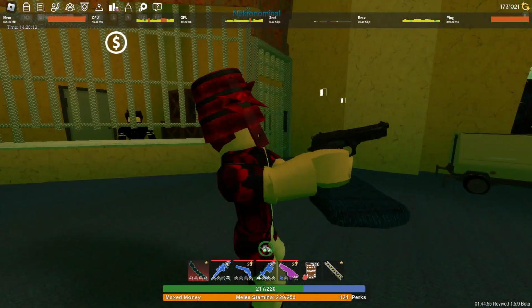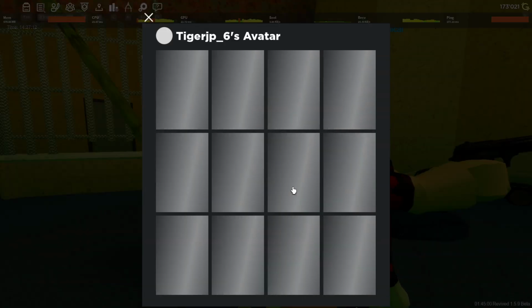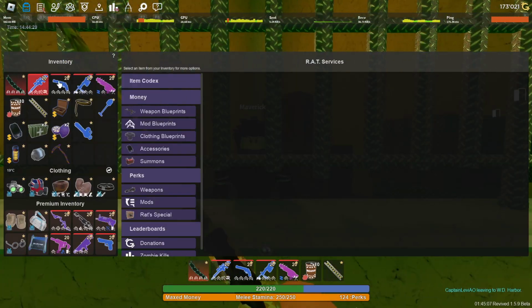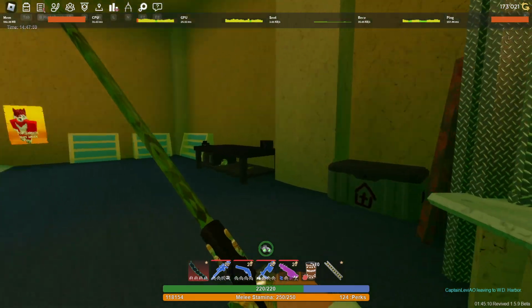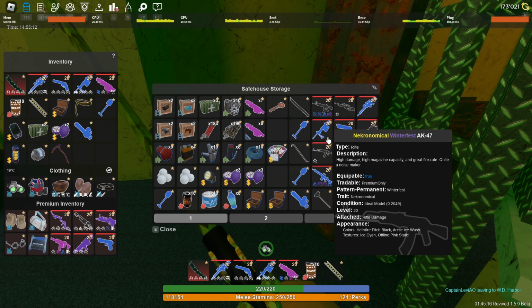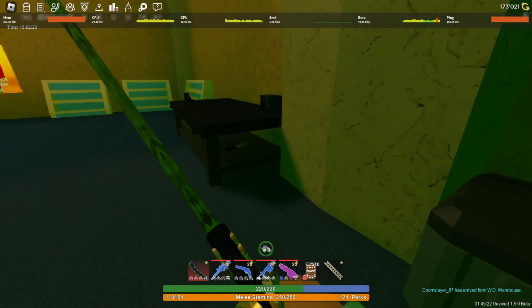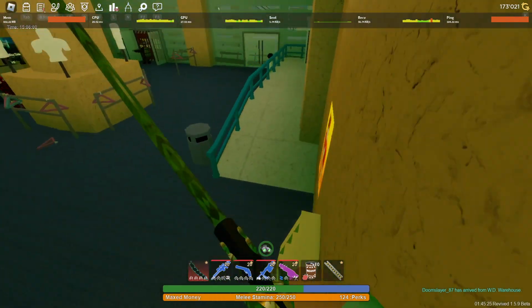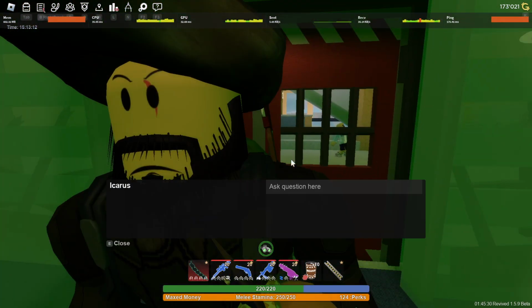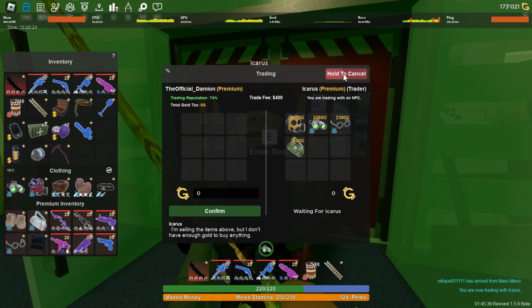Oh, hey, that's an Azure bucket. Who is that? Tiger? Let me check this guy out. A Durite bucket. Nice. Alright, moving on. If I go ahead and check this out. I'm gonna have to see if I can change this. Stinky Icarus. Well,